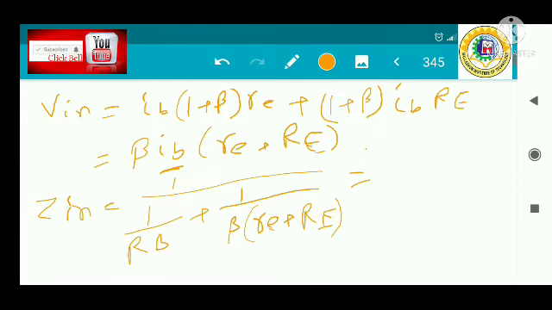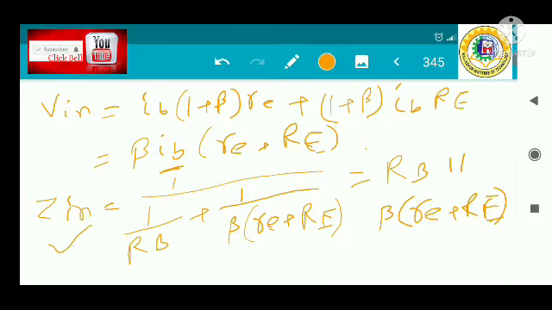So this is nothing but RB parallel with beta RE plus capital RE. So this way you can analyze the circuit, the ZIN. Okay, so ZIN has been calculated. So next we have to calculate the